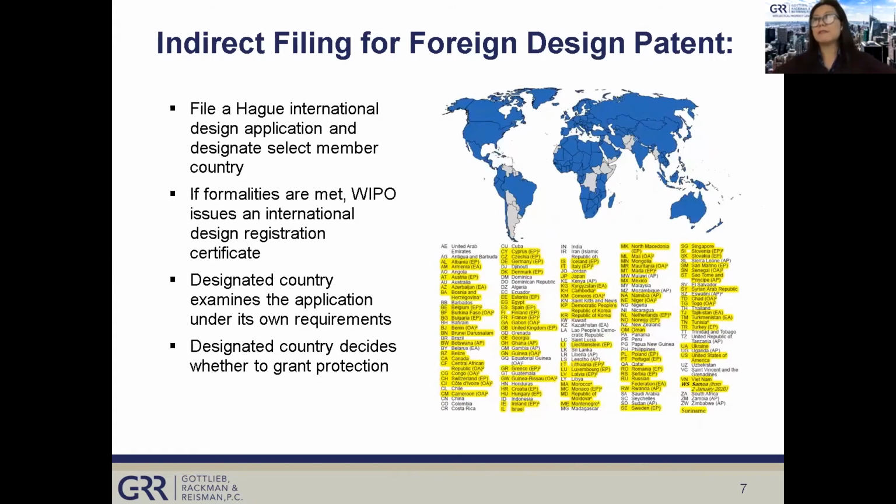For indirect filing of a design patent, you can file what we call a Hague International Design Application. It covers 91 countries, those shown in yellow highlight on the graph on the right. So it covers fewer countries. The US only joined the Hague International Agreement 5 years ago, versus the PCT, which the US has been a member of for over 40 years. So this is a relatively new